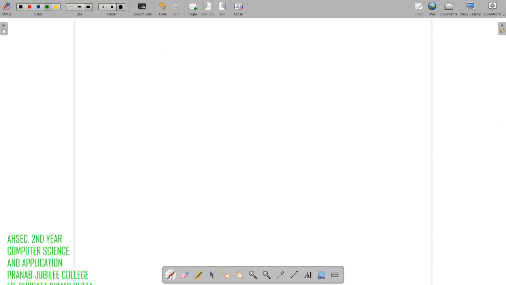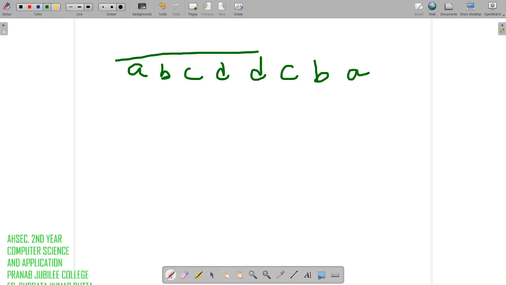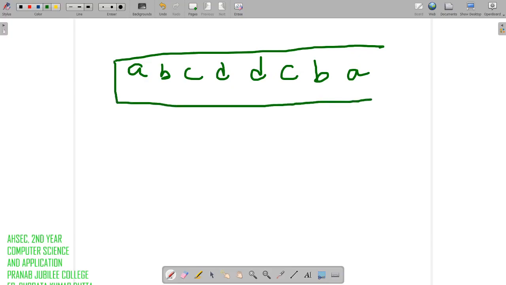All right, so let's see how we'll do this. We know that for a string we always have to take an array. So the first thing we have to do is take an array and insert the string in the array, right? To check whether the string is a palindrome or not, first we have to take the input from the user and store it in an array, right? So we have entered it in the array.